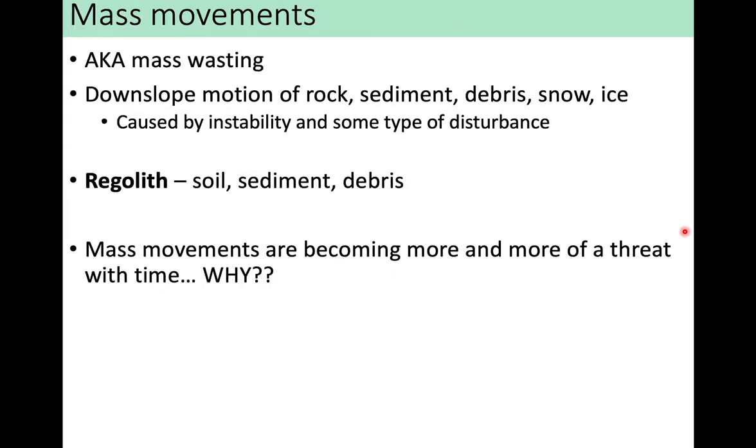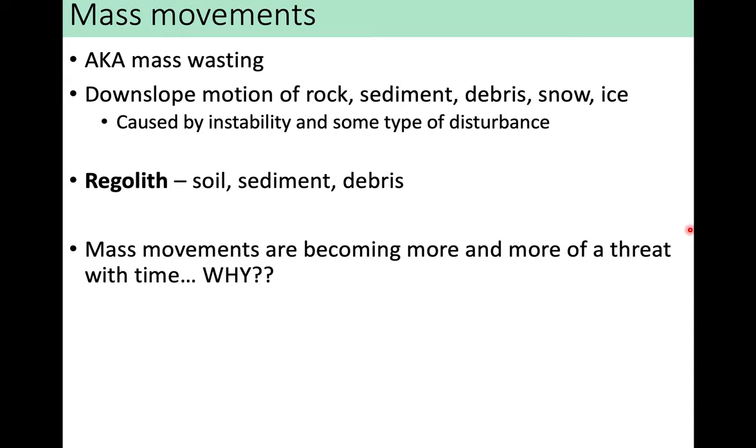So a mass movement, which can also be called mass wasting, it's pretty much the same, is any sort of downslope motion of rock or debris or snow or sediment or ice. So any downslope or downhill motion of sediment, of land, of rock. And this is usually caused, there must be some sort of instability that allows for that sediment and rock to break, and then also some sort of disturbance that starts the mass movement. So it's already unstable, and then there's some disturbance that actually starts the mass wasting, starts